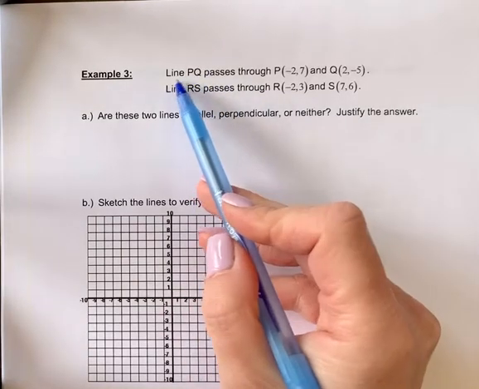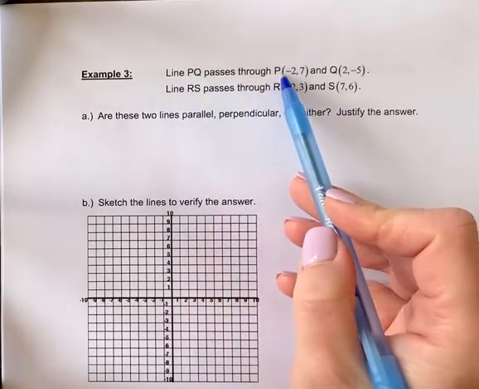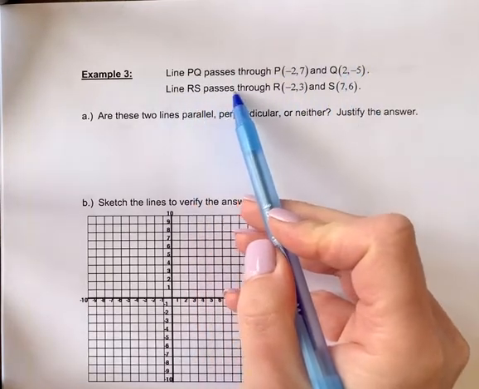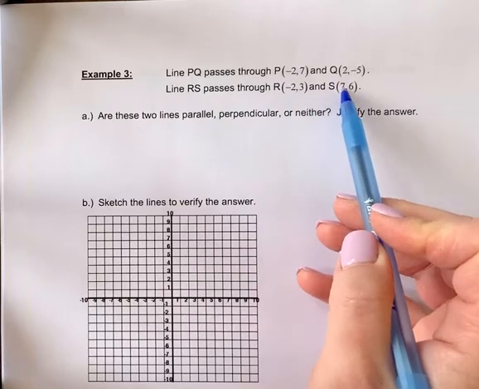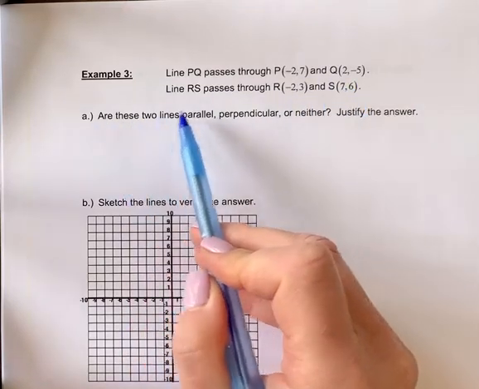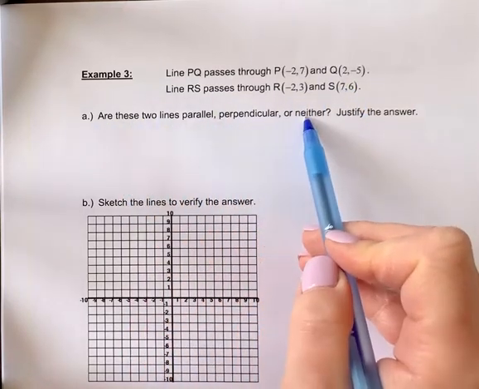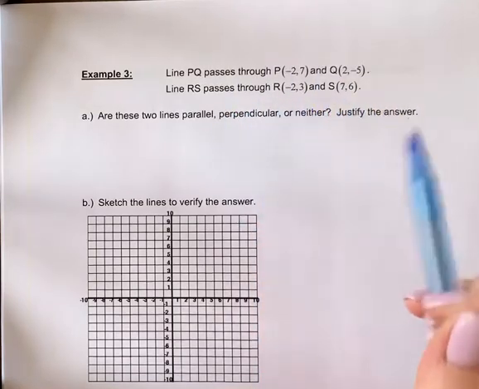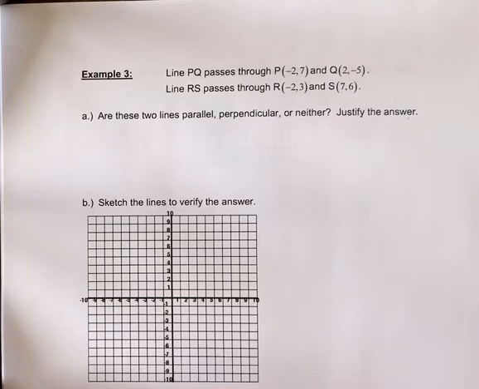Example 3: line PQ passes through the points (-2, 7) and (2, -5). Line RS passes through the points (-2, 3) and (7, 6). Are these two lines parallel, perpendicular, or neither? Justify your answer. Rather than sketching these and trying to just visualize if the lines are parallel or perpendicular, we're